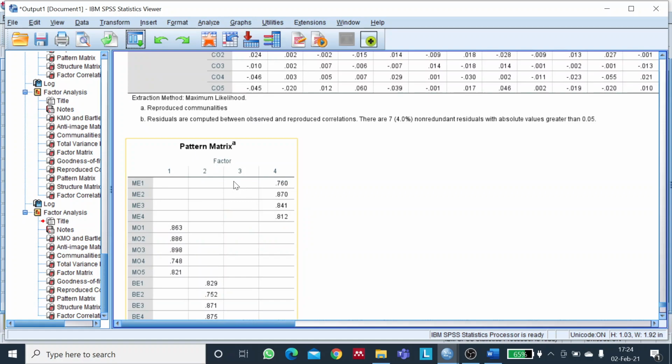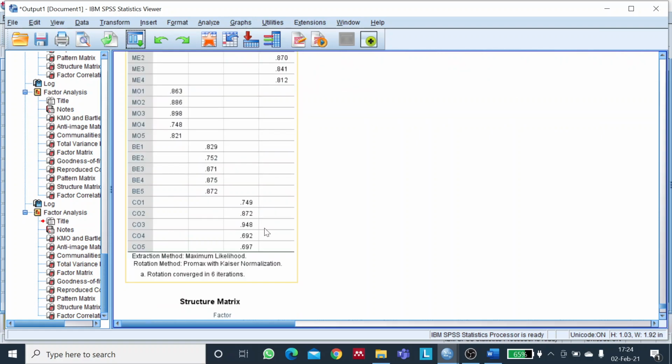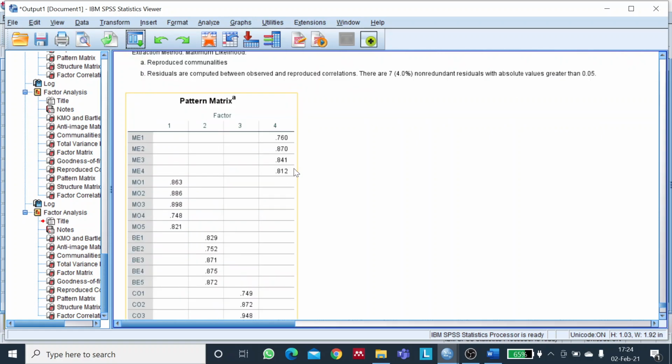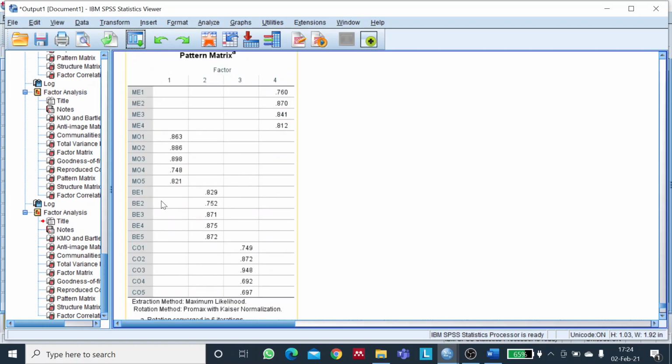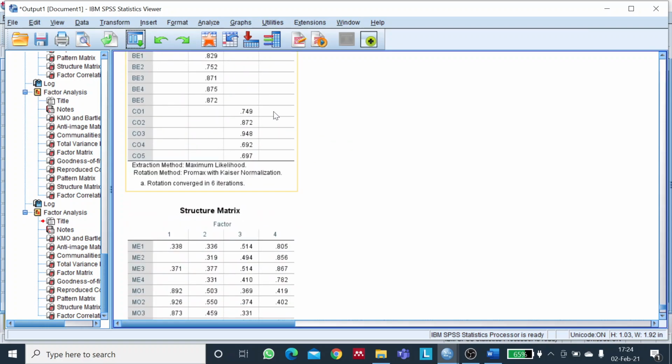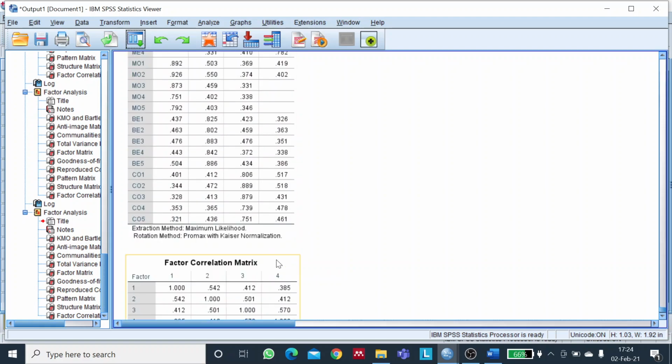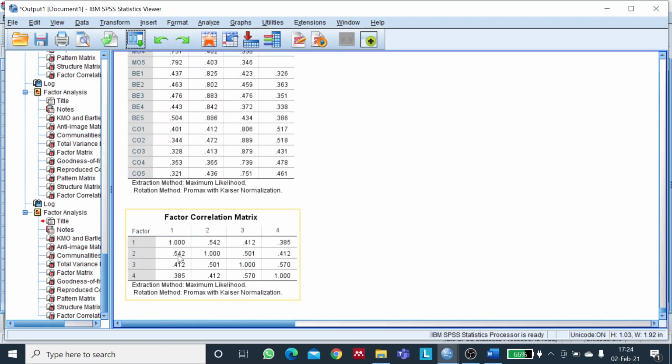Yes. Our pattern matrix is now good. All the dimensions, all the items load on their respective dimensions. The values are higher than 0.5 and there are no cross loadings. Discriminant validity, let's check. In the